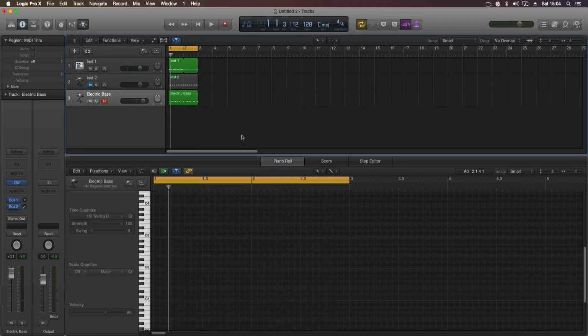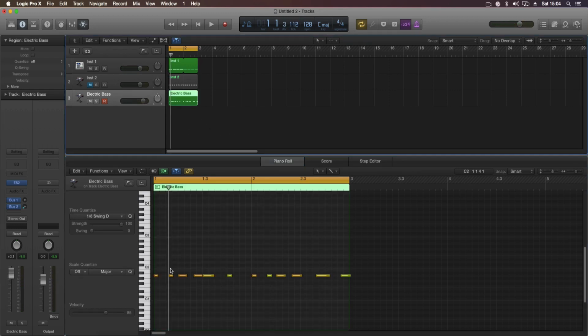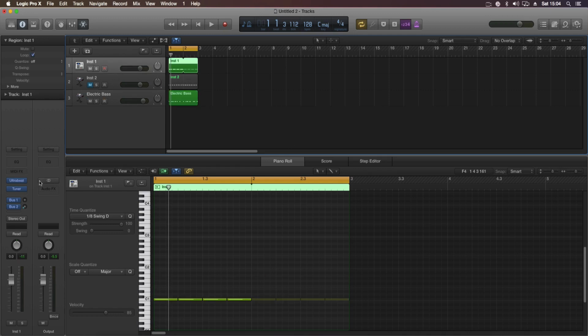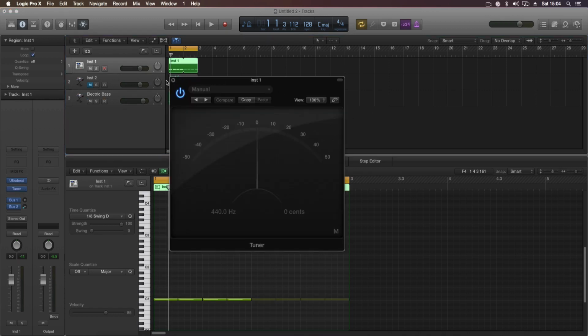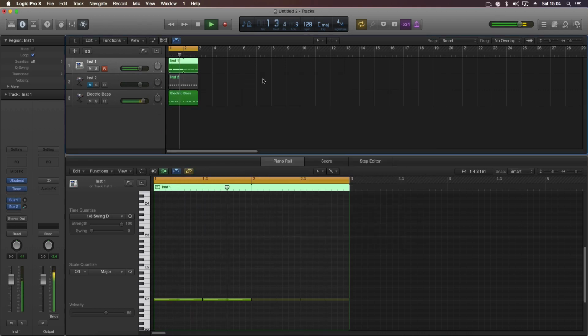Right, so as you can see, the key I'm playing there is an A, that's just an A that we're playing there. And as you remember, we set our kick to A. Shall I play that again? So that's a tuner. So there, in theory, our kick and bass are now playing the same key, which is A,